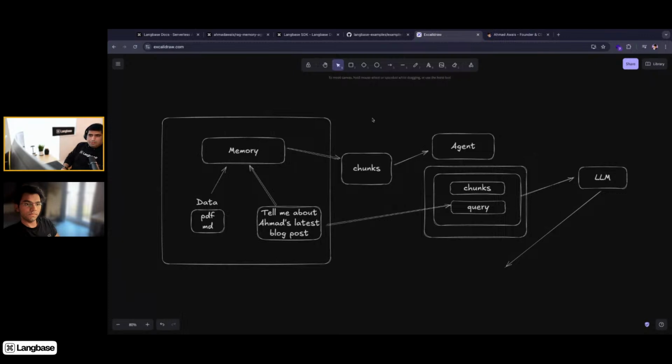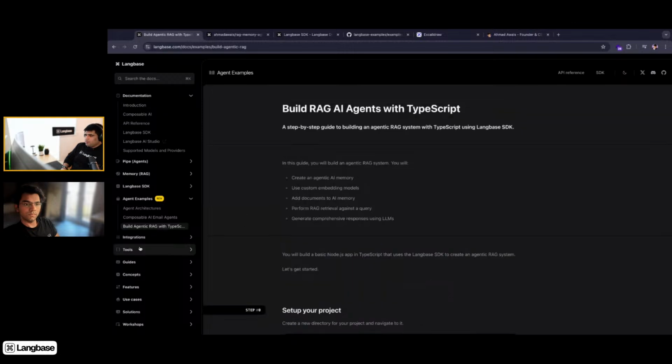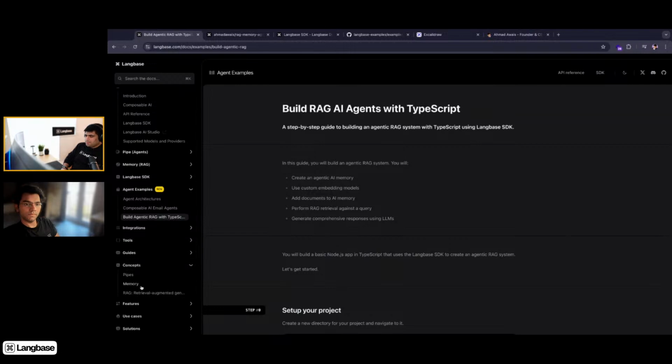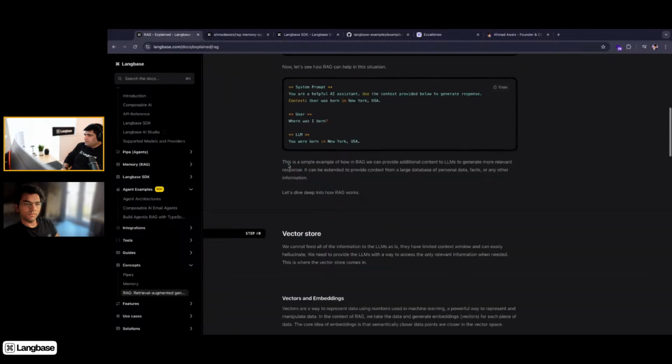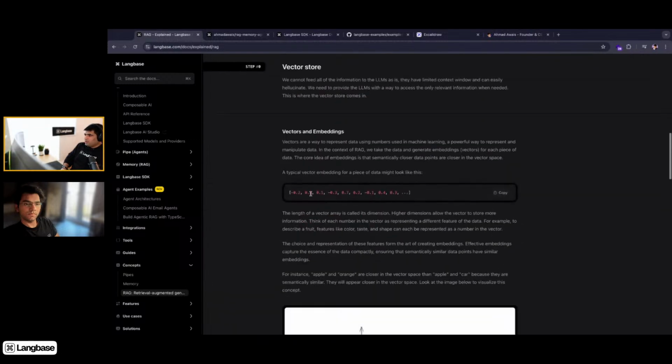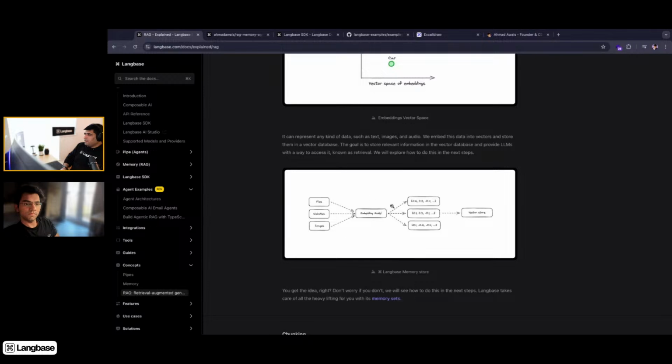I'm taking a very beginner approach in this particular workshop, so I'm explaining everything in detail. You can definitely go to our docs, and you can see all of the agent examples here. You can study how we talk about retrieval. Even more so, you can go into concepts and study deeply what is RAG, how does it actually work, what is a vector store, what are the vectors and embeddings, what do they look like,